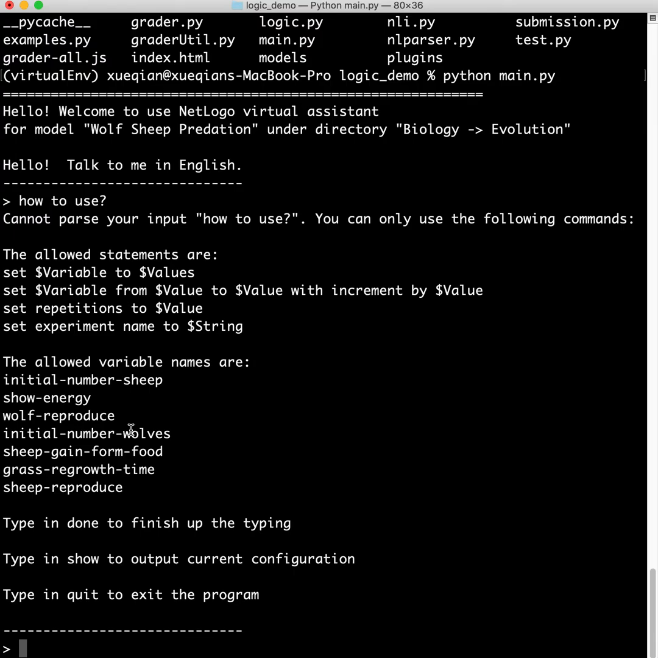And if you have completed typing everything, you can just type in done. And if you want to check the record, you can type in output. And if you want to exit the exam, you can just type in quit. So let's